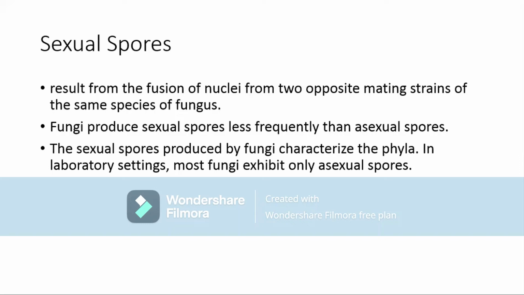Basically, these spores are produced less frequently than the asexual spores, and their number is quite a lot lesser than the asexual spores. And the presence of these spores characterizes the fungi and their different phyla. So mostly